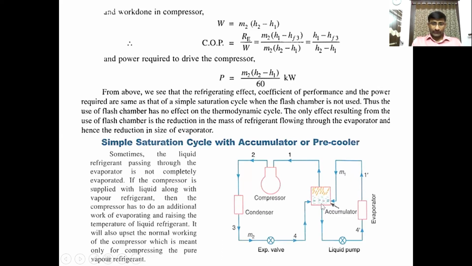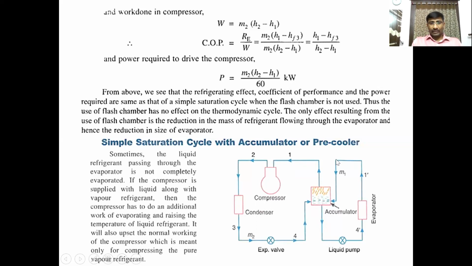So after the evaporator, instead of sending directly to the compressor, we place this accumulator to separate the liquid particles again. This is the function of the liquid accumulator. Okay. In case of partial evaporation in the evaporator, the accumulator is very useful to increase the life of the compressor and also to reduce the work given to the compressor by separating the liquid particles from the vapor particles. Clear? So here we are not sending it directly to the compressor.